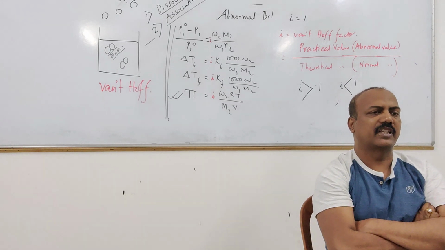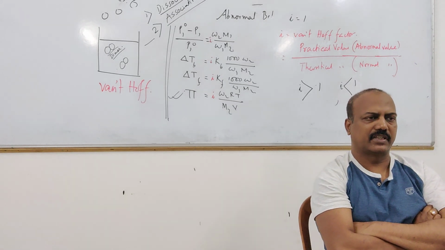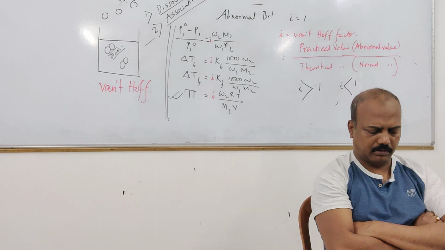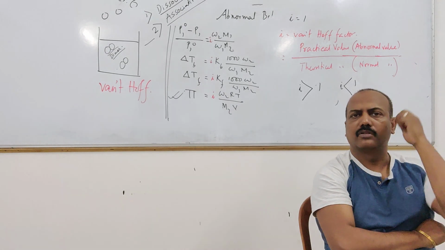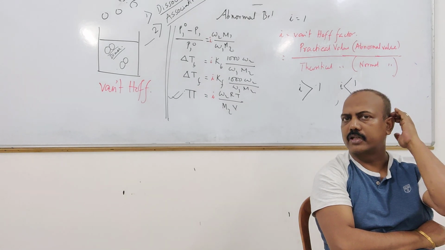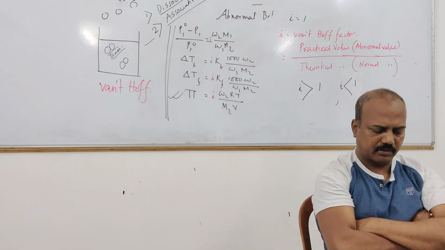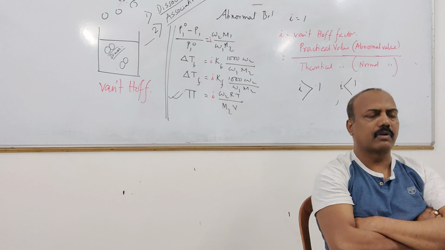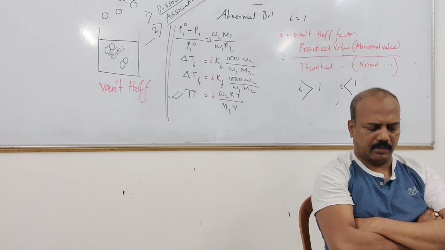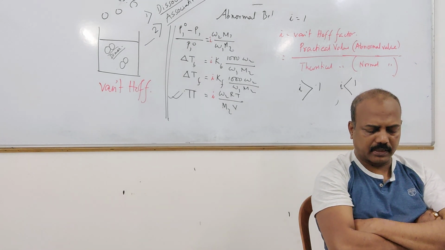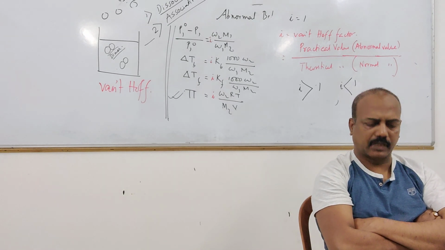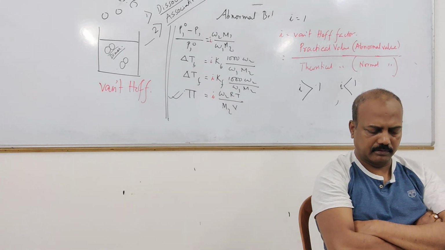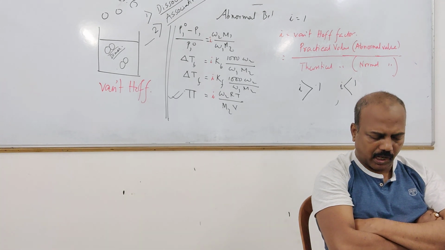Within bracket you write C6H6. It shows a depression of freezing point equal to 1.62 Kelvin, full stop. Molar depression